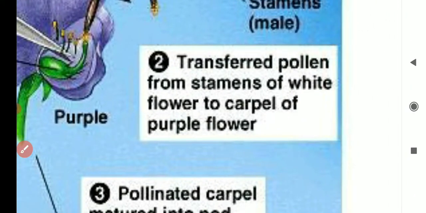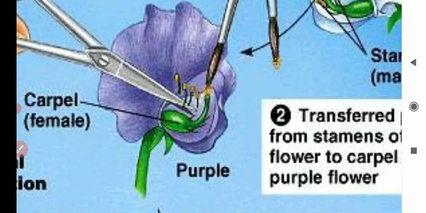All right, so after that, let's go to step 2. He transferred the pollen from the stamen of the white flower to the carpel of the purple flower. So here, this is already cut, so there's no more stamen of purple. So simply,